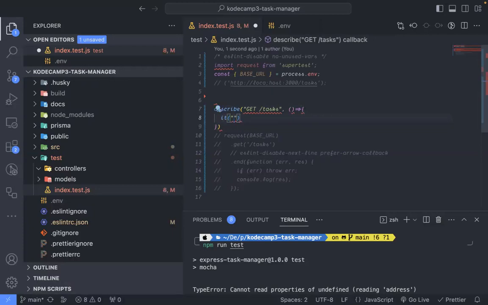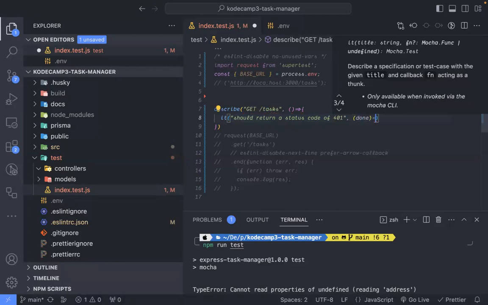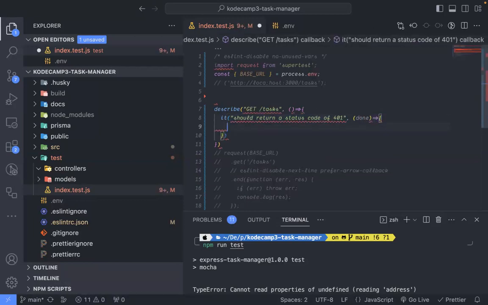So inside there we say it should return a status code of 401. That's it done. Which is a Mocha team. You can go check out Mocha documentation and make sure you learn Mocha very well. And in here,